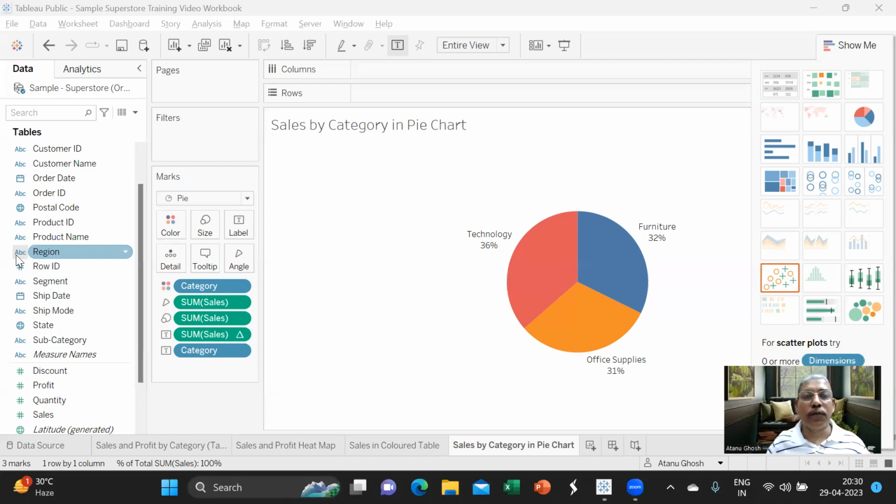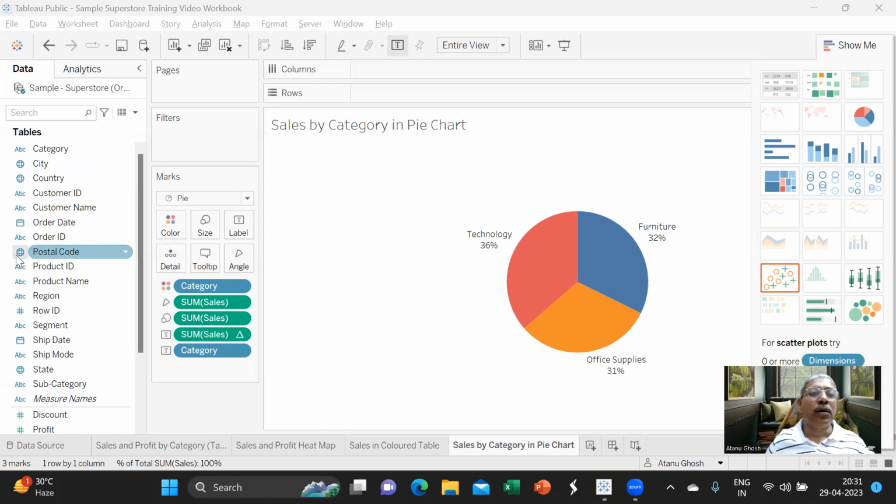The reason we have discussed in one of the earlier videos, region is not a standard geographical entity. If I say north of US, that might mean a certain type of certain states, and there is no standard categorization that these states are north of US or these states are east of US or these states are central US. Depends from organization to organization. That's why we will not be able to plot region in a geolocation map. We need to focus on the other four.